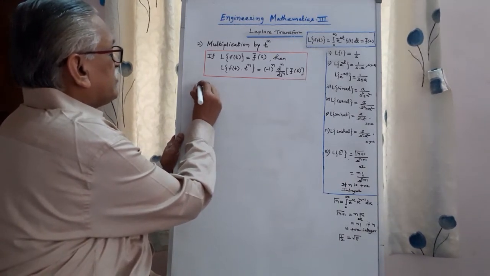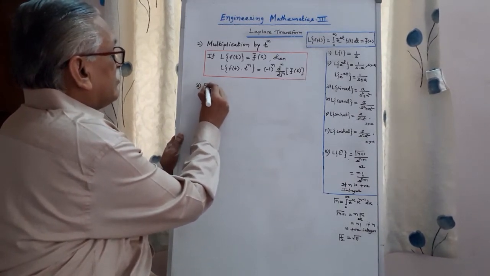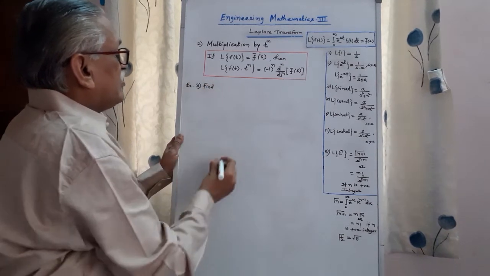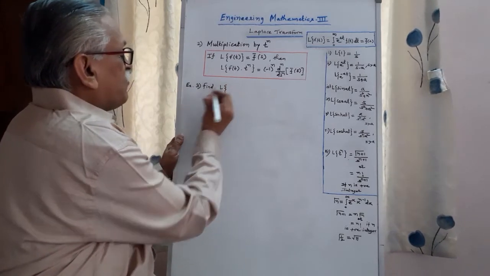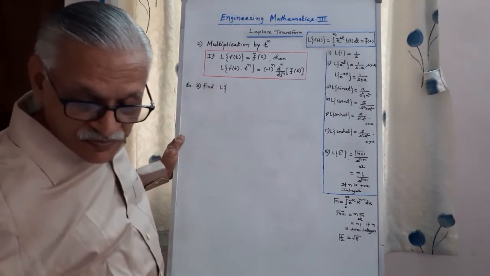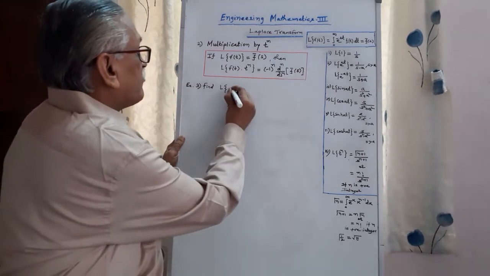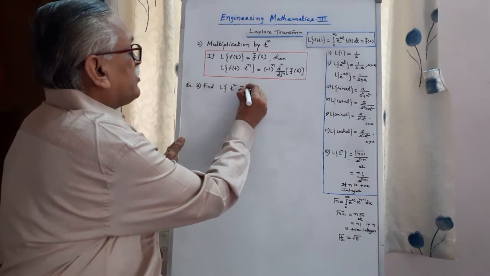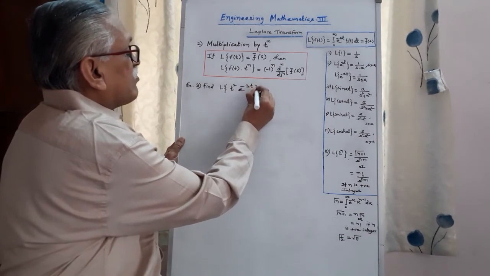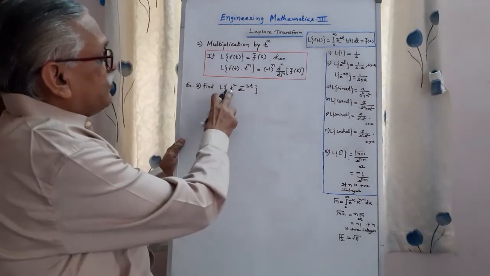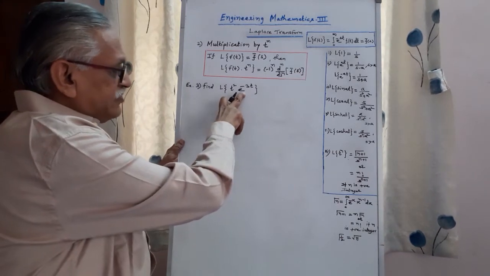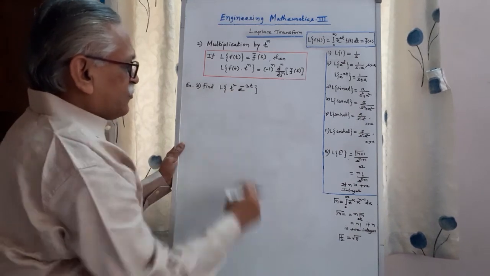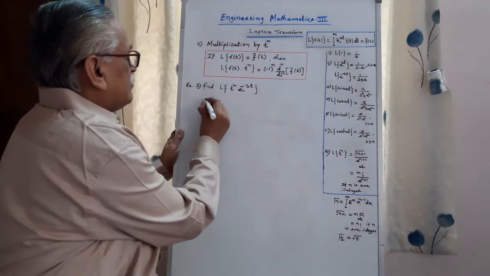Next example, third example: find the Laplace transform of t square into e raised to minus 3t. Okay, therefore here f of t is e raised to minus 3t, which we have to consider, multiplied by some t raised to n type of term, here it is t square. Therefore, performing the steps,